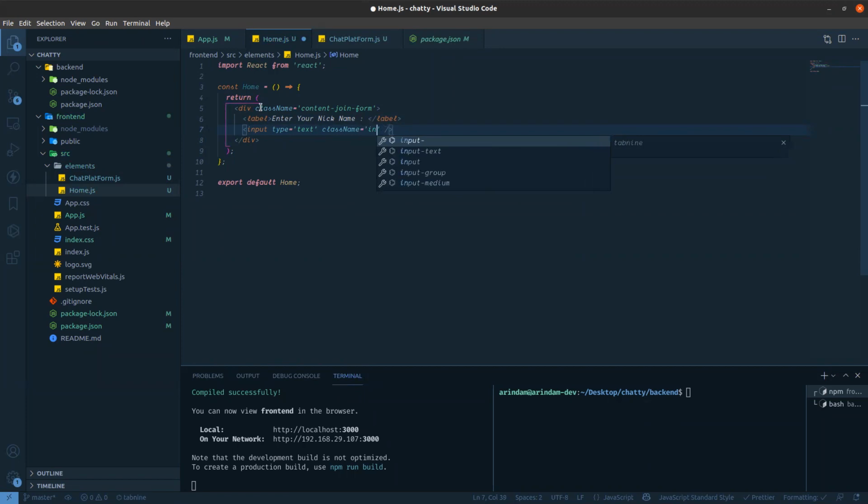The class name is input box. This class name we are providing for CSS, and I already provided this whole CSS, and it is present in index.css. Because this is a very small application, we can put all the CSS in a single file. That doesn't matter, it will not hamper our project. So this is one input.